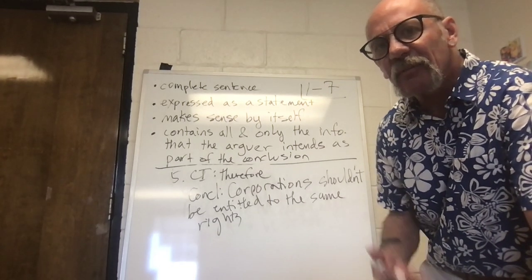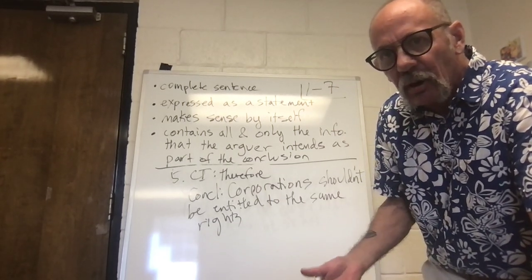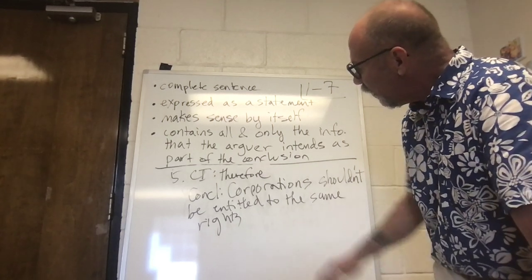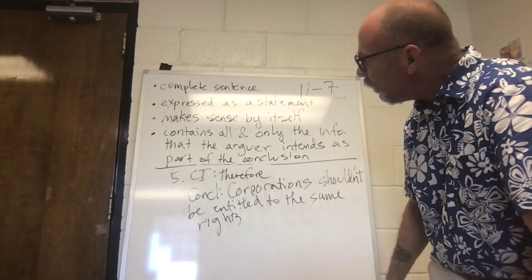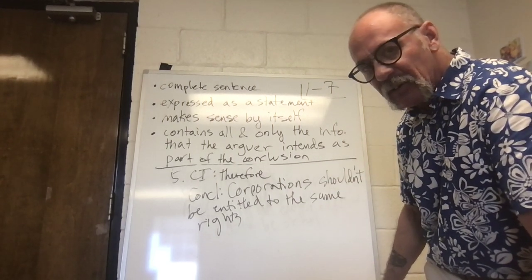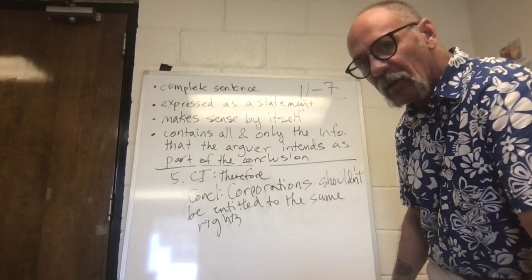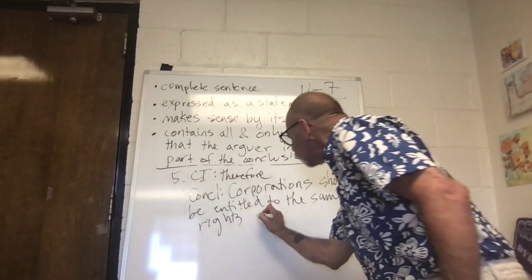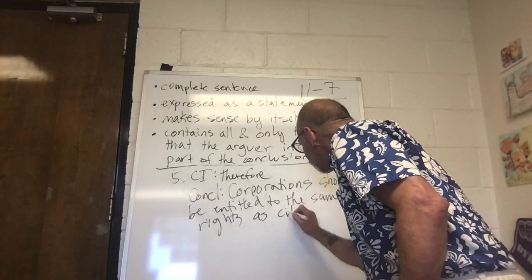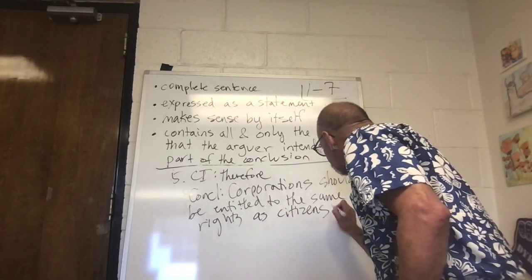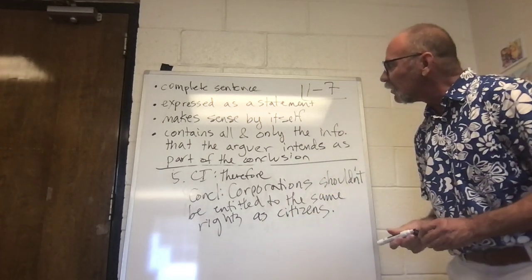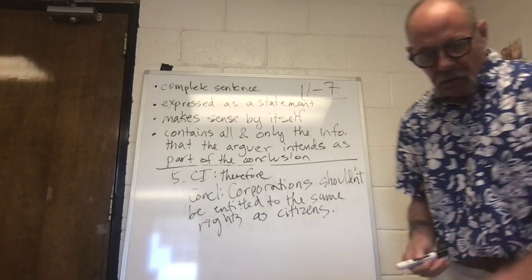The same rights as who or what? That question is not answered in what I've written, but the premise, providing the context for understanding the conclusion, makes it clear that the comparison is between corporations and citizens. So let's build that in at the very end of the conclusion here so that this does make sense by itself. All right,